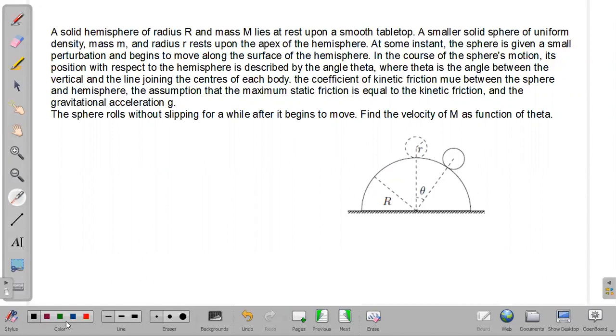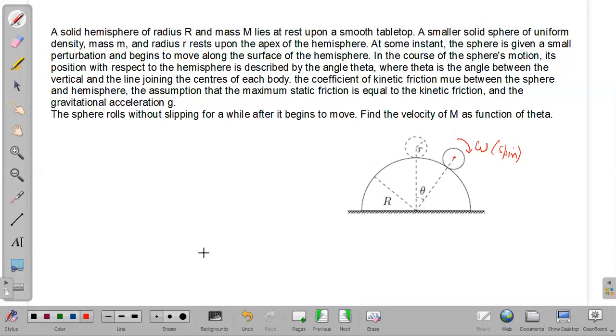So here is the solution for this question. Notice that initially the whole system was at rest, as given in this question. After that, this little sphere is given a small disturbance, because of which it starts rolling. Assume that during the rolling motion, the angular velocity of the sphere about its center, the angular velocity with which this sphere is rolling, is omega. So that is the angular velocity of spin, omega s. The sphere is spinning about its center.